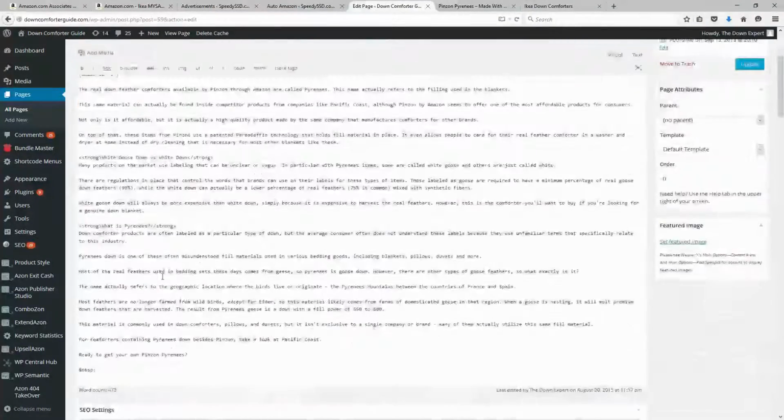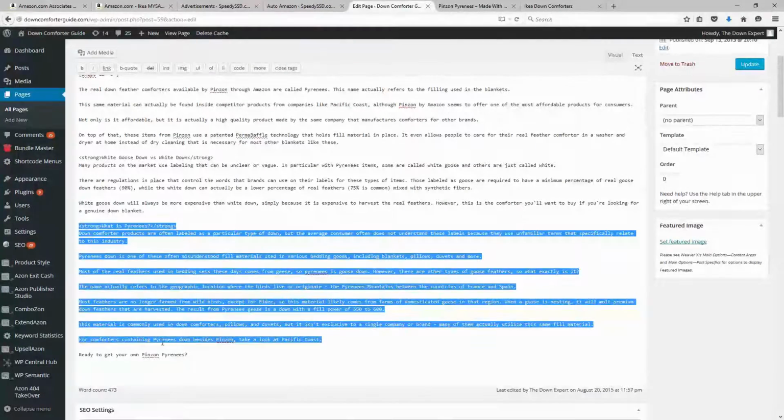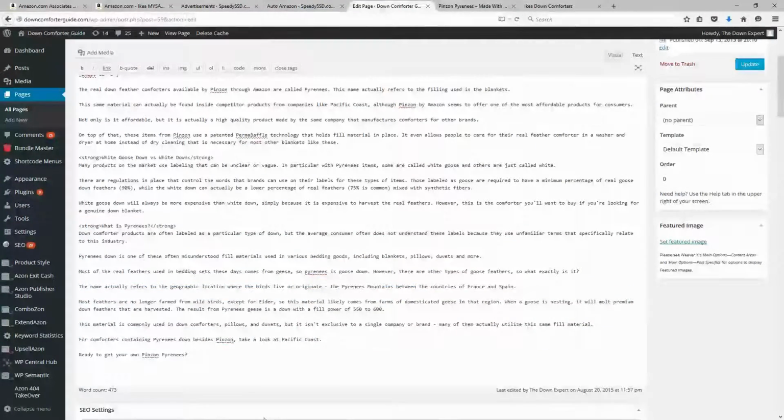And then I can go into my actual page content and make some changes to it, or additions to it, more importantly. My total word count for this page is only 473 words. So I can definitely see how I could use some more content here. By simply adding in a couple hundred more words worth of content, pretty much just another subsection on the page, maybe giving some